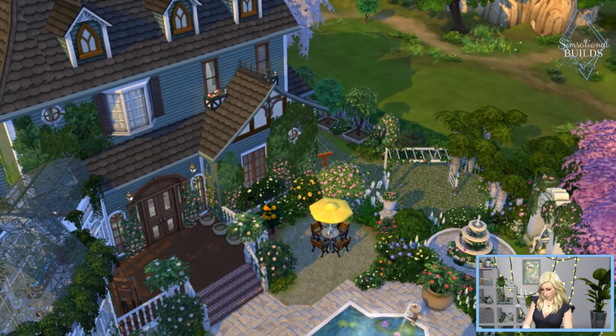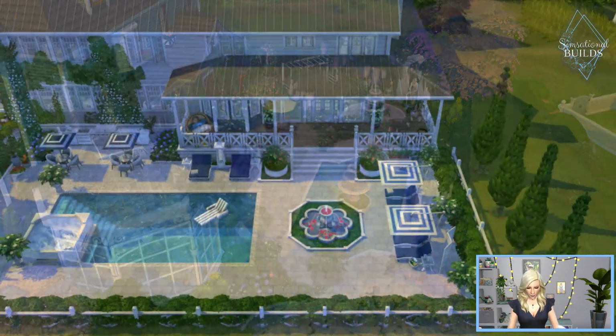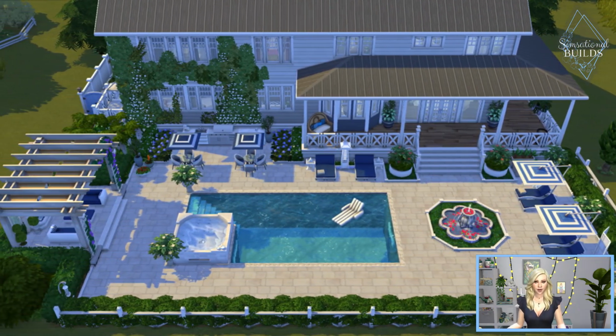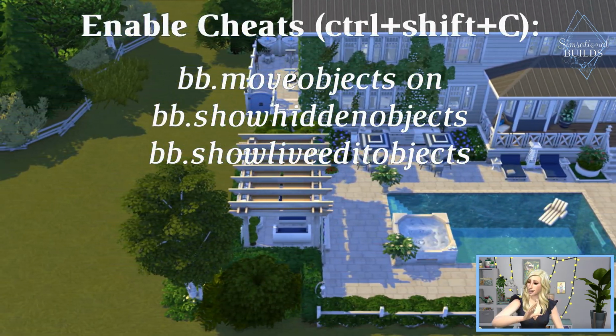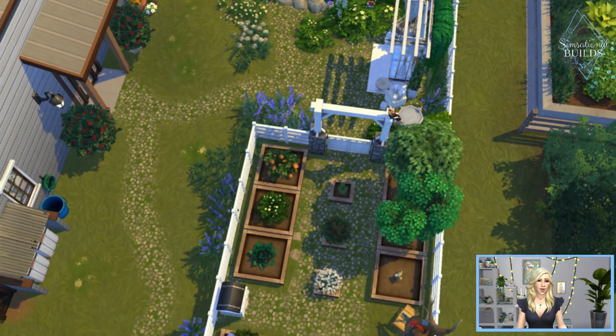as well. So for the first part of this tutorial, we're going to be going over some general tips, and then we'll go into actually landscaping a build that I've put together for you guys. So first of all, you're going to have to enable your cheats. Now you're going to need move objects on, bb.showhiddenobjects and bb.showliveeditobjects, with move objects being by far the most important